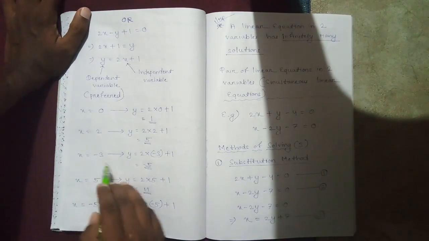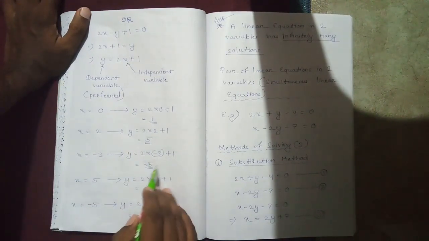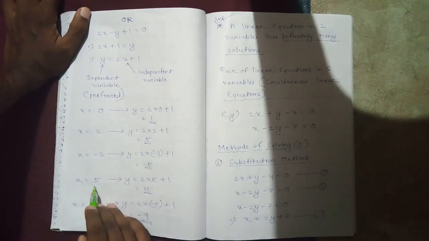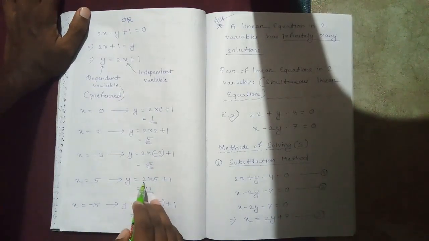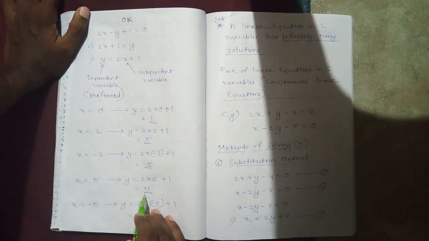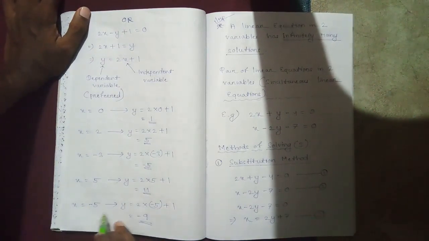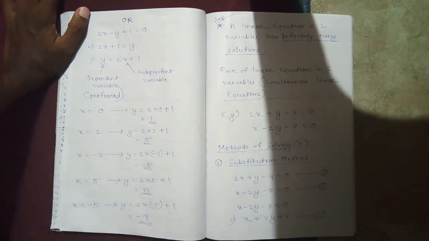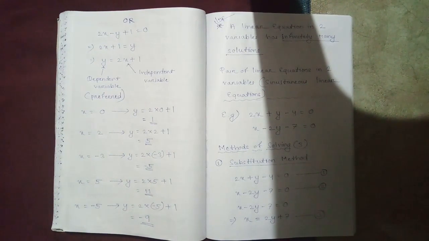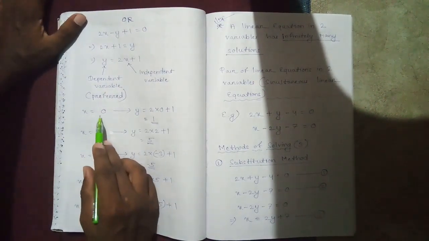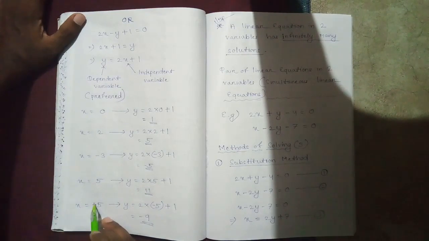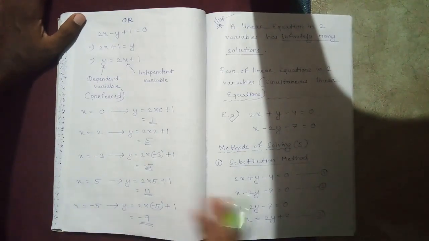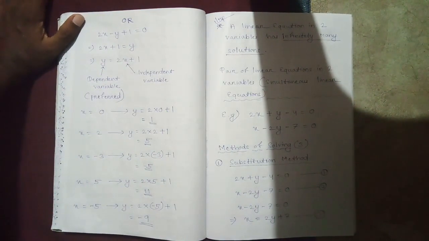If x is minus 3, what will be y? 2 into minus 3 plus 1, which gives us minus 5. If x is 5, what will be y? 2 into 5 plus 1, which gives us 11. If x is minus 5, y will be 2 into minus 5 plus 1, that will give us minus 9. So as you can see, randomly I am choosing values for the independent variable, and corresponding to those values I am getting different values of the dependent variable. In this way, if we continue randomly taking values for x and getting values of y,